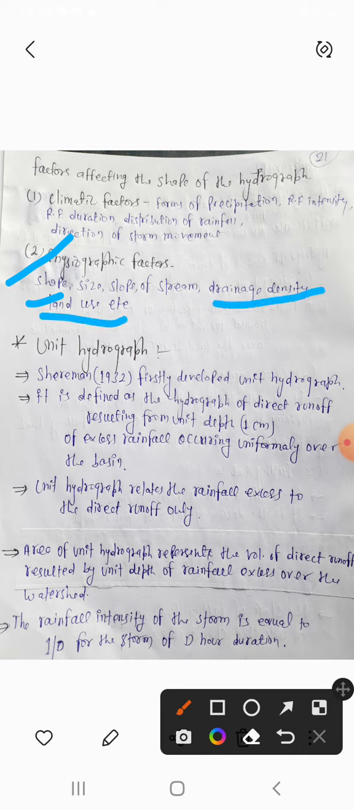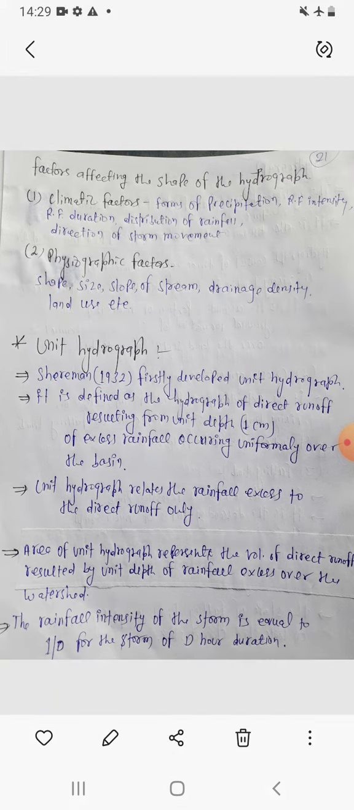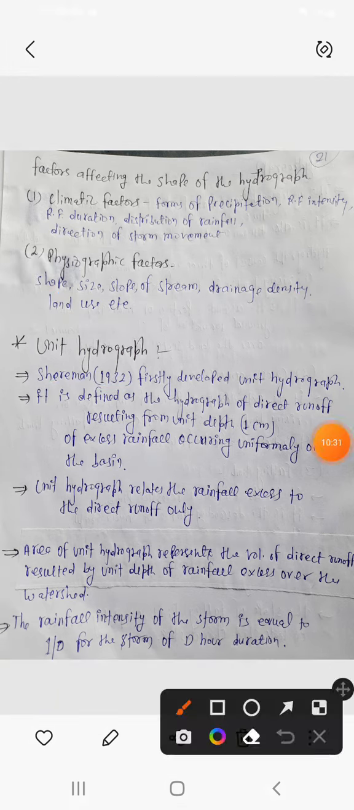And now come to the unit hydrograph. Sherman in 1932 first developed the unit hydrograph. This question has been asked many times in exams: the unit hydrograph was developed by which scientist? Sherman, 1932. Next, it is defined as the hydrograph of direct runoff